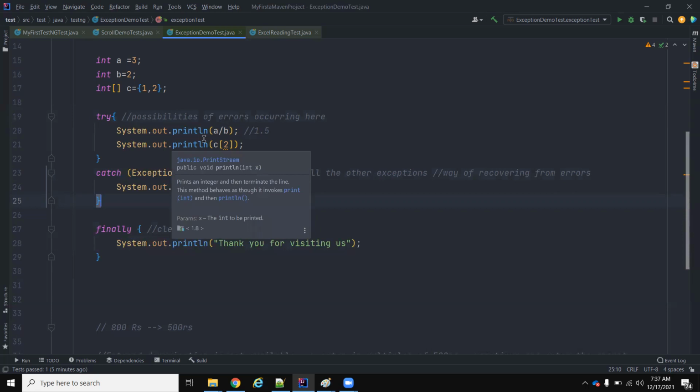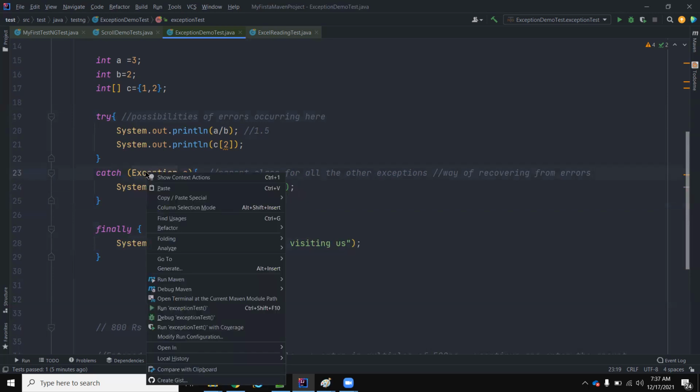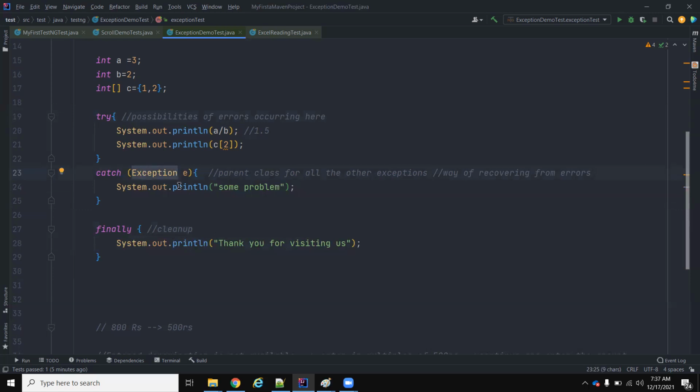So multiple catch blocks can be used to be more specific about your error handling mechanisms. But if you don't want to do all these things, maybe a catch block with the generic Exception can help you out. And let's say, again, finally,